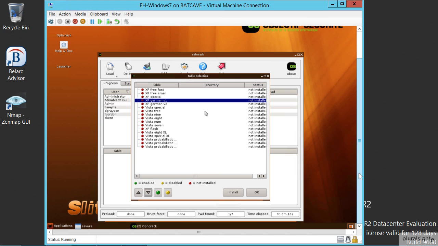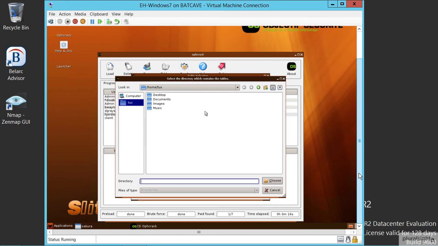I'm going to just tab through here until I get to the install button, and then I'm going to hit my space bar again, and I'm going to browse to a directory on this computer, which is actually the CD-ROM. Gotta hit tab until I get my green arrow over here highlighted. There we go. Now I'm going to hit spacebar to go up, spacebar to go up again. There we go. Now we're in the root of the hard drive, and the tables come with Ophcrack, and they